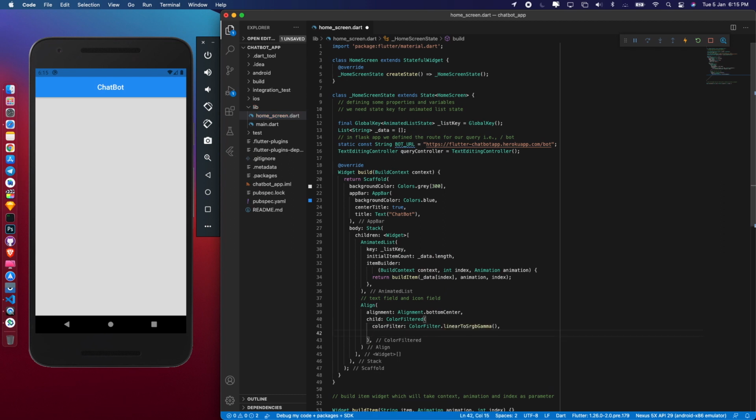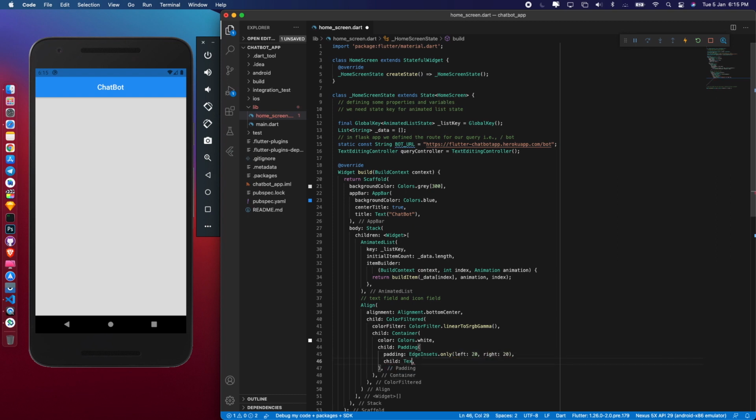Now after that we need a child of container with a specific Colors.white12, I guess. Okay, white is okay, and also a child of padding. We need a padding from left to right.